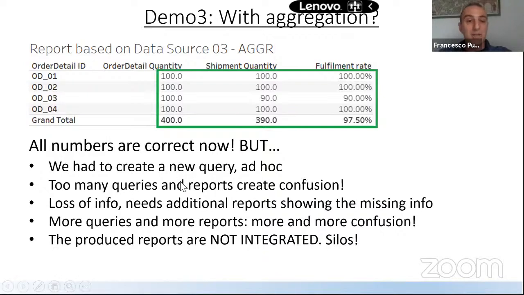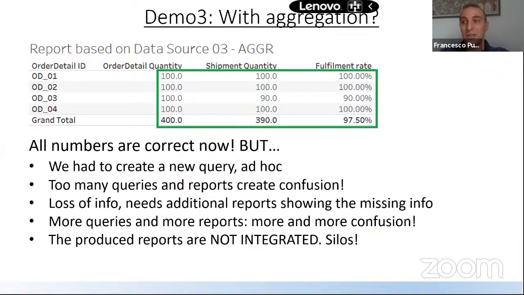So the problem here is that reports create confusion because there is a loss of information. So it needs additional reports every time that you have some new need. The report that I showed you, fine, you can see the ratio. But if you ask, but this 100, was it happening in 1 shipment or 2 shipments or 3 shipments? When were they? Who was responsible for the shipment?